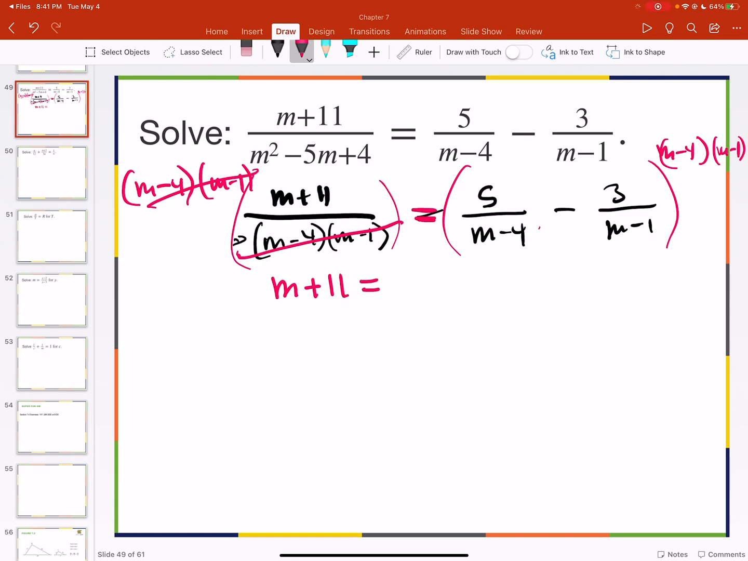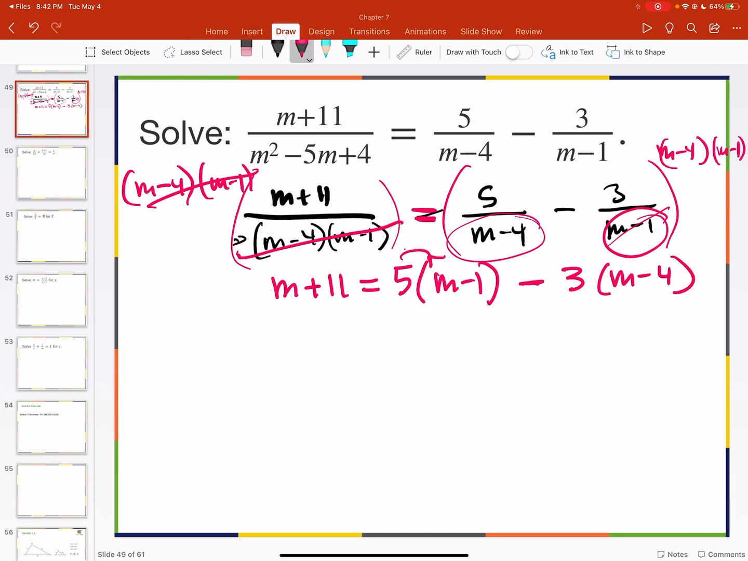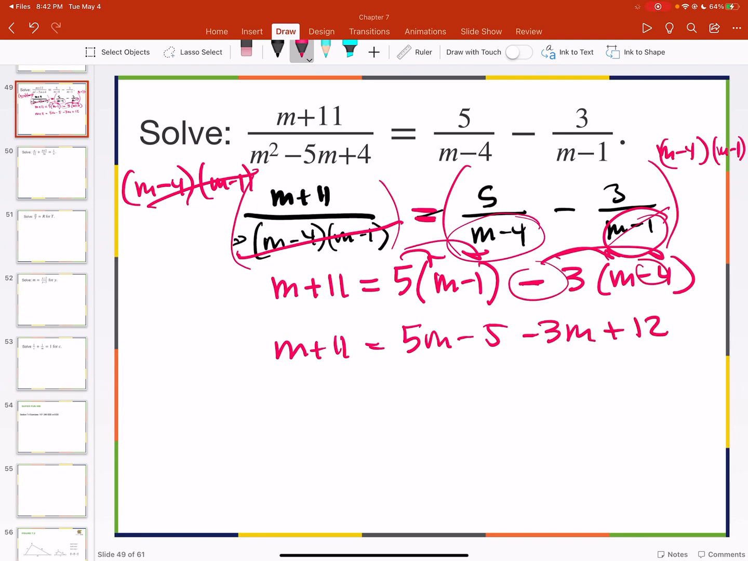On the right-hand side, this first term, the m minus 4 term will cancel out, so you get 5 times (m minus 1). Minus, on this term, the m minus 1 term will cancel out, so you'll get 3 times (m minus 4). Distribute and combine like terms. m plus 11 is equal to 5m minus 5 minus 3m plus 12, because the negative and the negative make a positive. Combining like terms, m plus 11 is equal to 2m